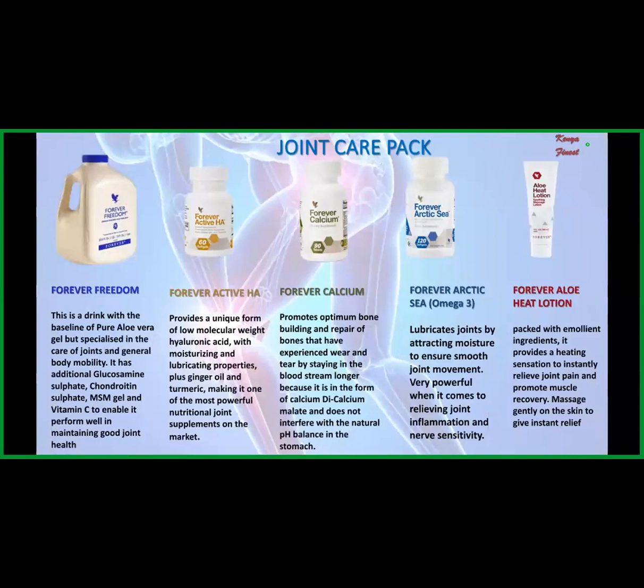And then we have the joint care pack. In the joint care pack, we start with Forever Freedom. This drink with the baseline of pure aloe vera is one of the 4 aloe drinks that we have on the shelf, right? With the base of pure aloe vera gel, but specialized in the care of joints and general body mobility. It has additional glucosamine sulfate, chondroitin sulfate, MSM and vitamin C to enable it to perform well in maintaining